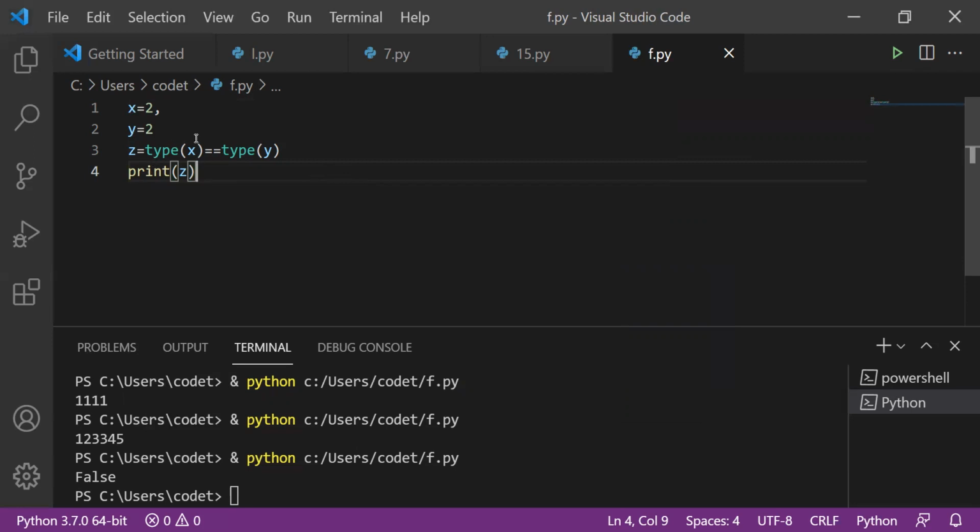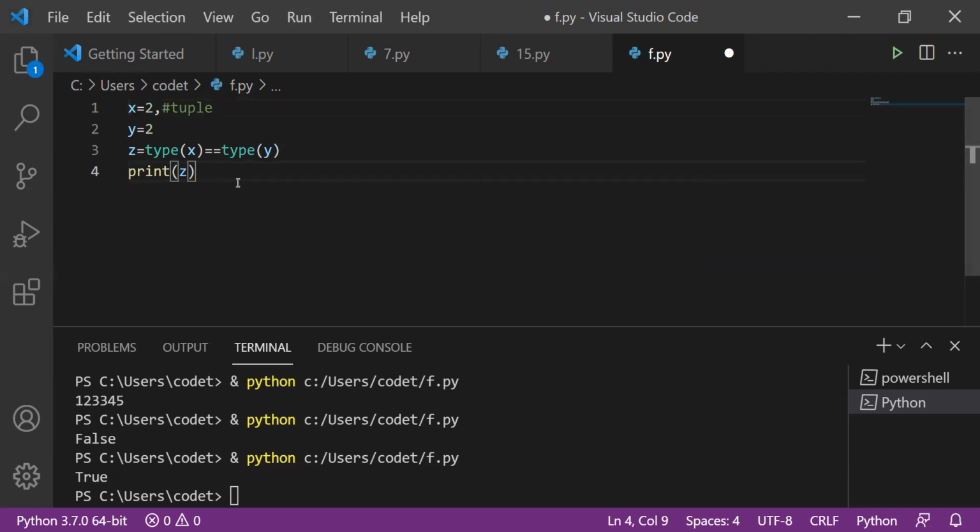Here I separated with a comma. So now when I separate like this, you should remember that, oh, it is a tuple. Okay, so tuple, in order to create a single item in a tuple, we should always separate that with a comma. Otherwise, both will be equal. If I remove this comma, now both will be equal. Okay, the type of x and type of y will be true. Both are numericals, like integers only, no? But if you separate that with a comma, now the above x item will become a tuple.